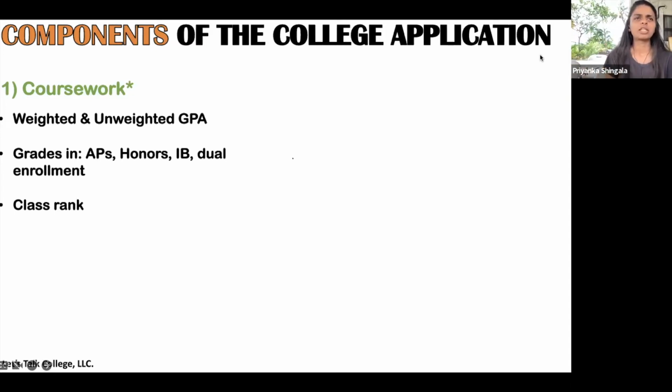There's no uniform criteria for any of this, which basically means if you go to New Canaan High School, instead of doing the 4.0 or 5.0 scale, they have out of 100. I've had parents tell me, oh, my kid has a 78 or an 85 or an 88. And I have to sit there and think, I have no idea what that means. I get that that's a B, but on a scale of 4.0, which is what we're used to, I have no idea what number you fall into.